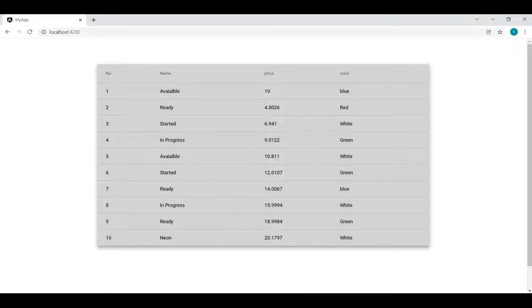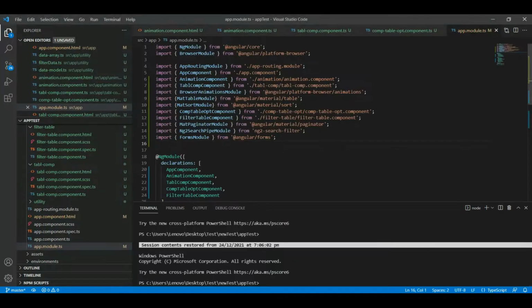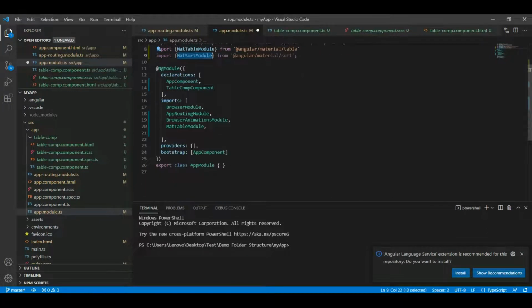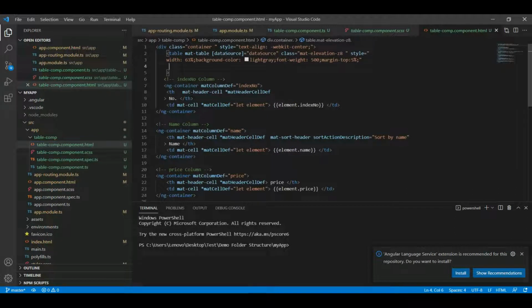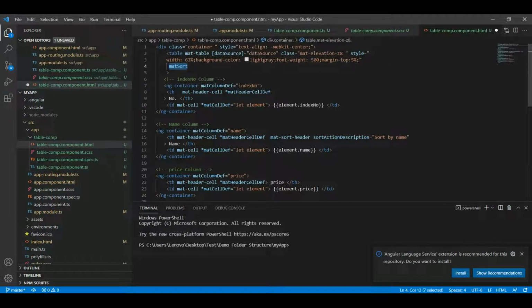So for that, first of all, we need the MatSortModule to be imported in the app.module.ts. So I will import MatSortModule and add the entry in the imports array. Then we need to mention one directive, that is matSort, in the table tag, and then by using ViewChild we will access this directive